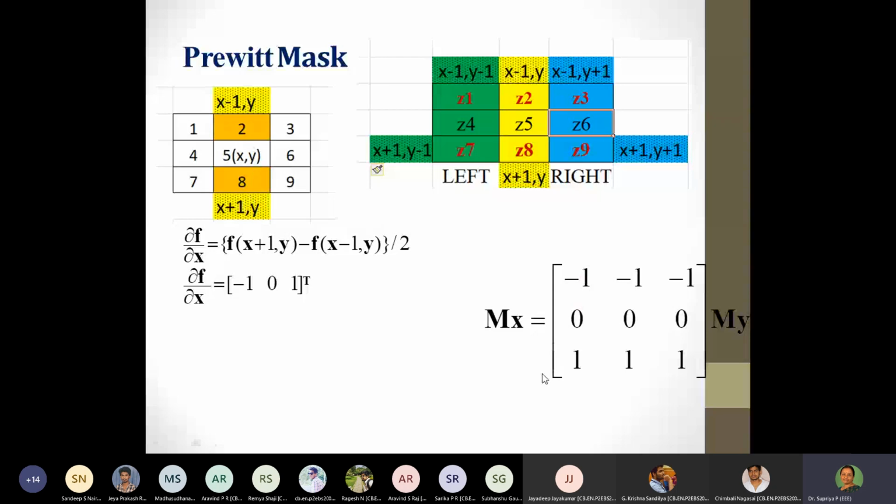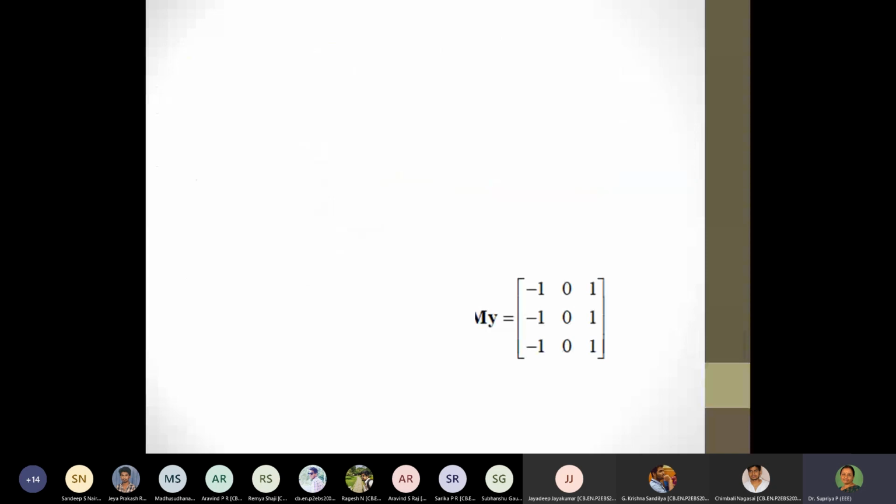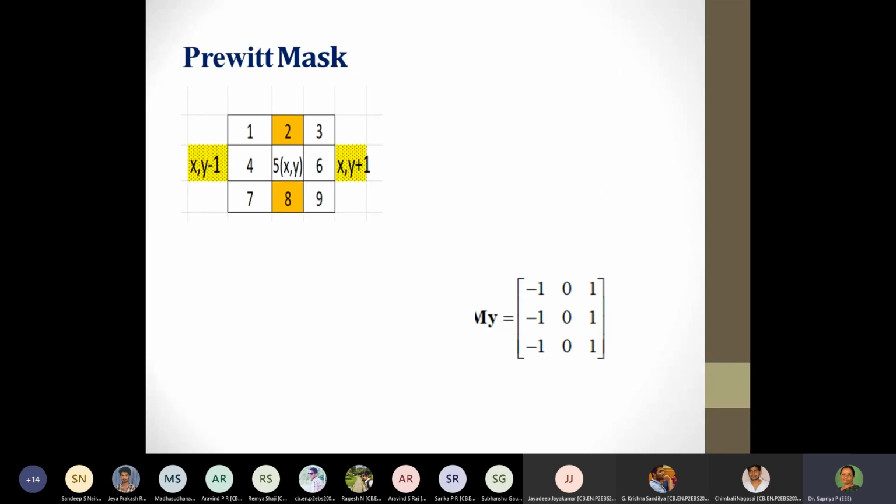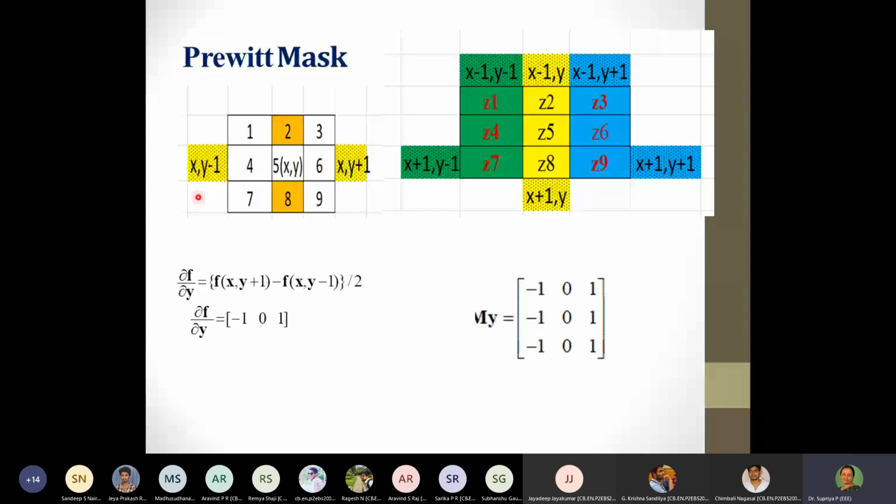Is it okay? So what would be the next possibility is, naturally we need to find My. You can see My is almost visible also. What would be the value of My? Let us go on to see how it could be evaluated. In order to evaluate My, we will be using a similar concept. We would be going in for considering this particular condition. So here we will be considering dou f by dou y would be f of x, y plus 1 minus f of x, y minus 1. This is y plus 1, this is y minus 1. So we have got a difference.